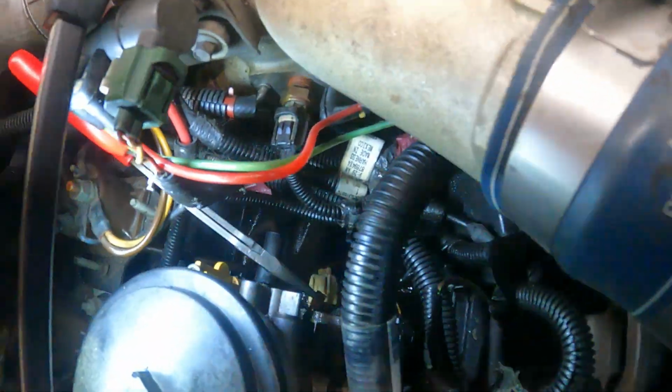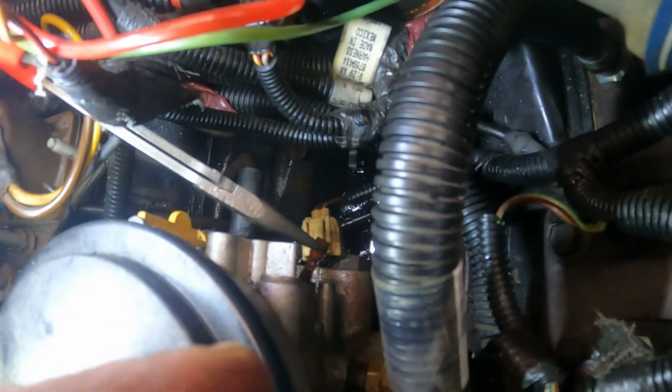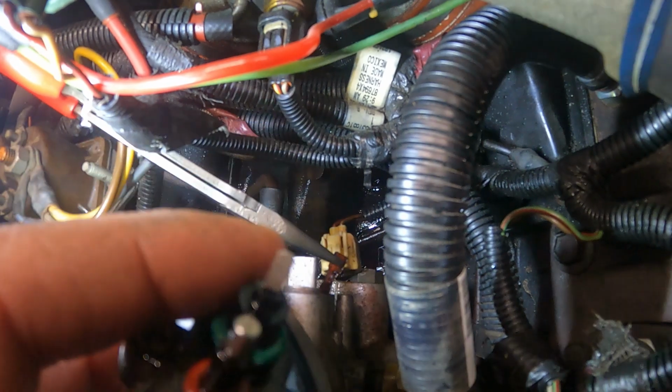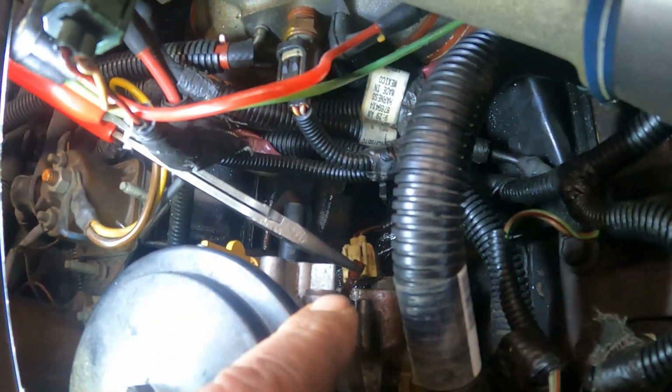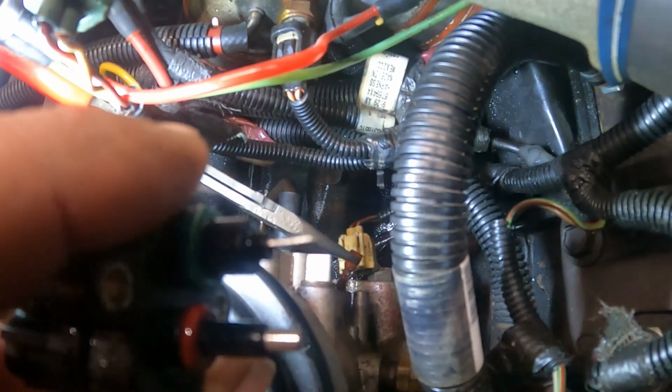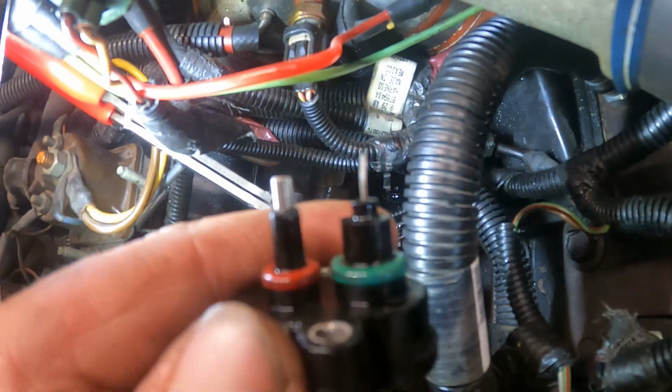All right, so there on the end of that needle nose is the plug that goes on right here. So I grabbed that, I used that needle nose plier just to get a hold of the connector, and you just pull it straight off. There you go. And now I'm going to replace these O-rings